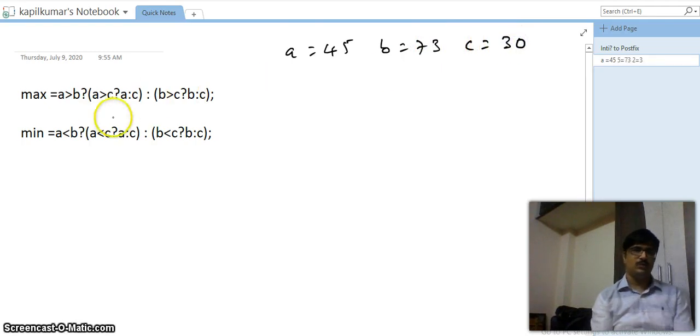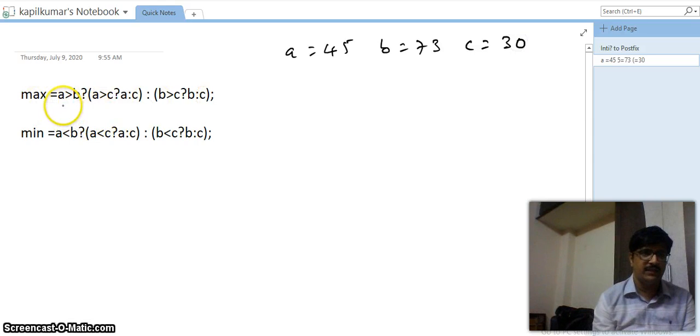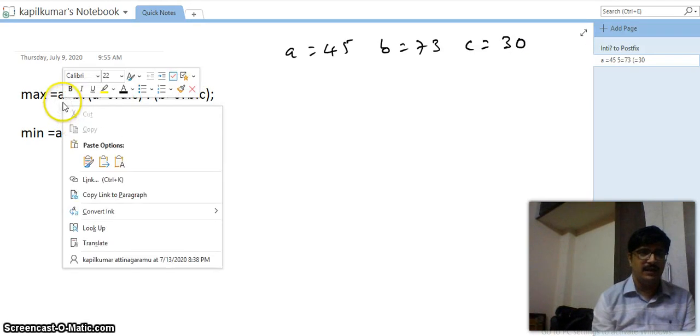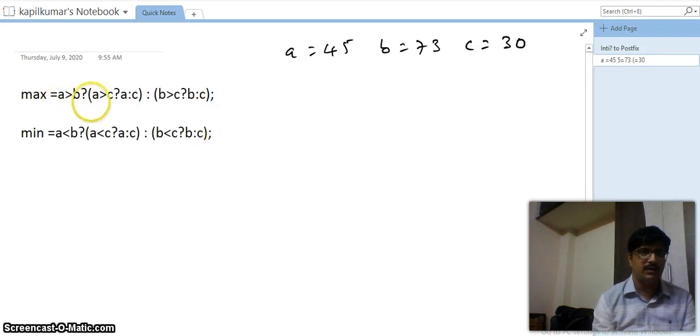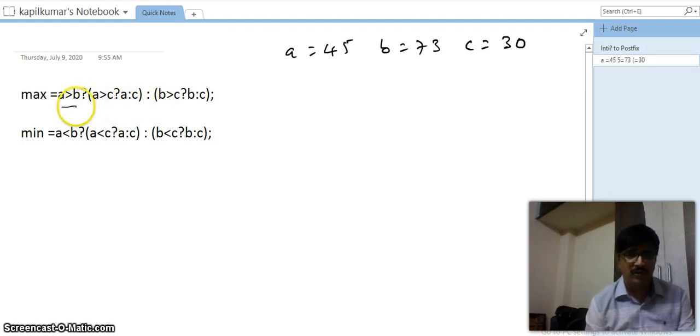Now coming to this one, how to find the maximum. First, it will check whether a is greater than b. If this condition is true, then it will go to the first part of the colon, the parentheses that I have written here. If this condition is false, then it will evaluate the second part of the colon.